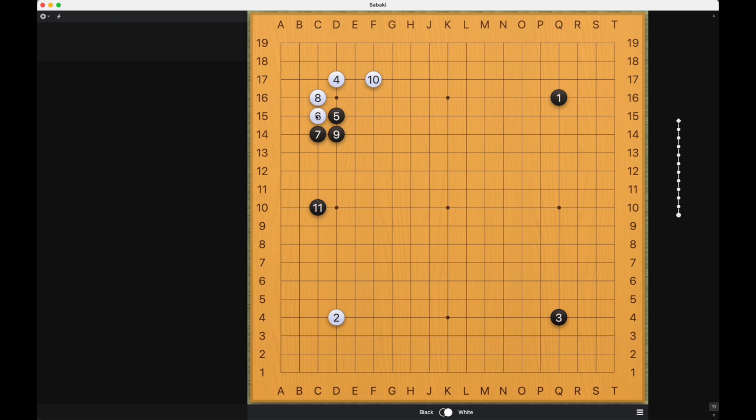Of course, white's corner here is very, very solid. Black cannot come in and try to live. So subsequently, black might have this exchange, right? Because this is threatening to cut white here and do something on the corner, so white will have to connect. Or you might see black play something like this, or even this, to kind of keep white low on the side and expand its own influence toward the center. But the main takeaway in this video, of course, is this pattern, this whole sequence,